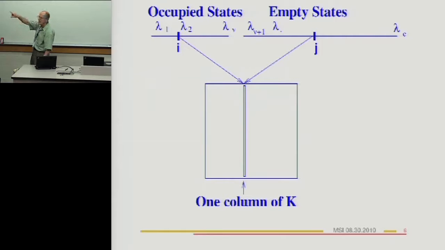So this is just specifying what those ij's are. You have, from one part of the spectrum, occupied states, and from the other part of the spectrum, unoccupied states, and you select pairs like this. Don't select all possible pairs; some of them have no meaning. That gives you one column. And for each of those entries in the column, you have an integral to compute.